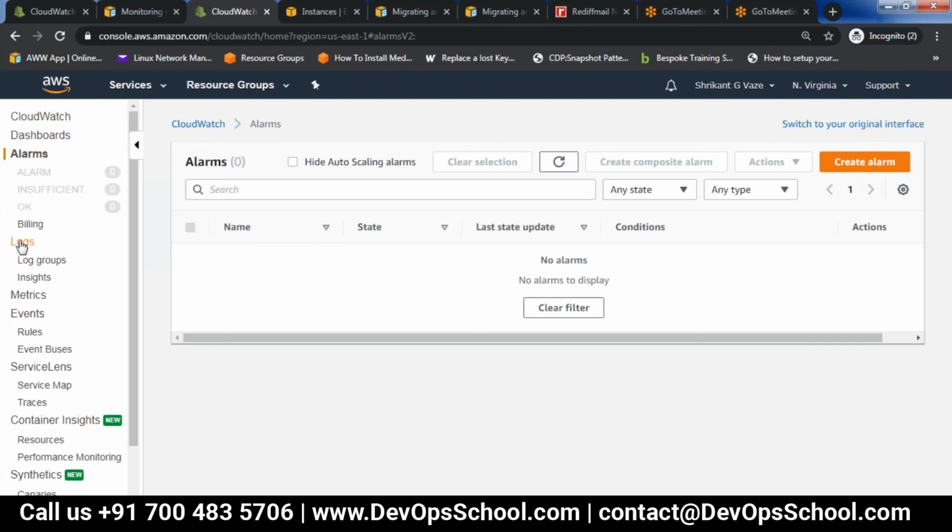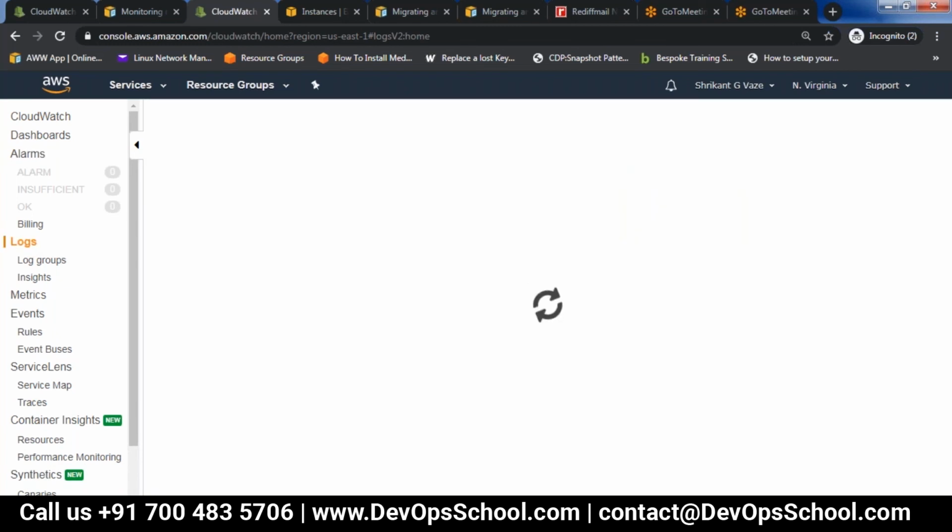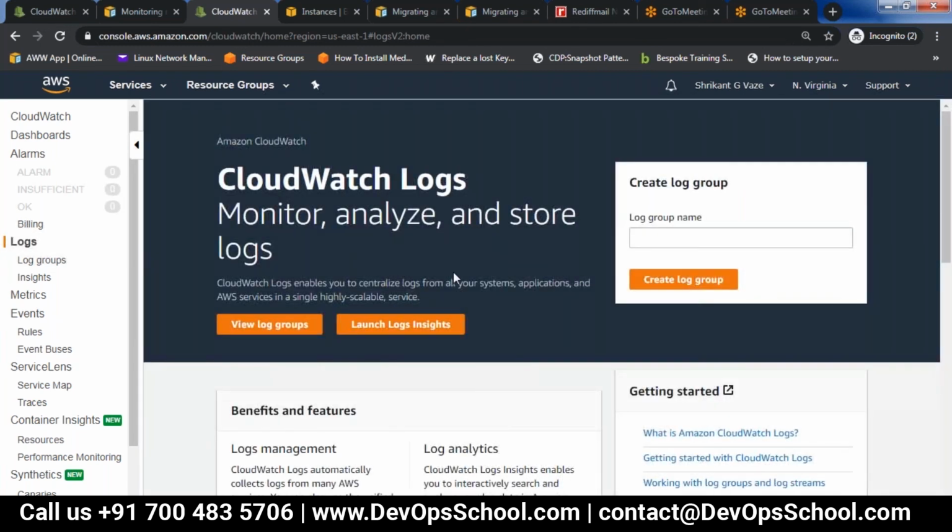Then logs. Logs are used by many services. For example, in Lambda, if you use console.log in the Lambda function and it wants to write something to the log file, that will come to CloudWatch Logs.